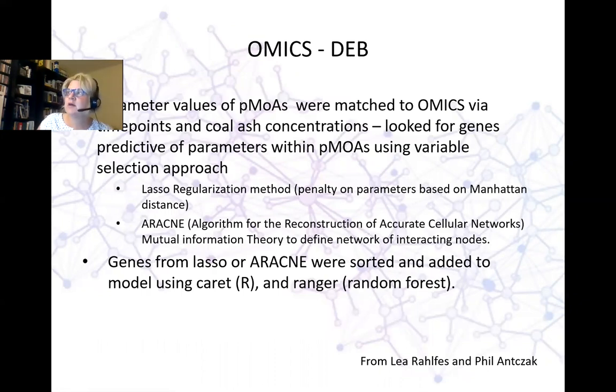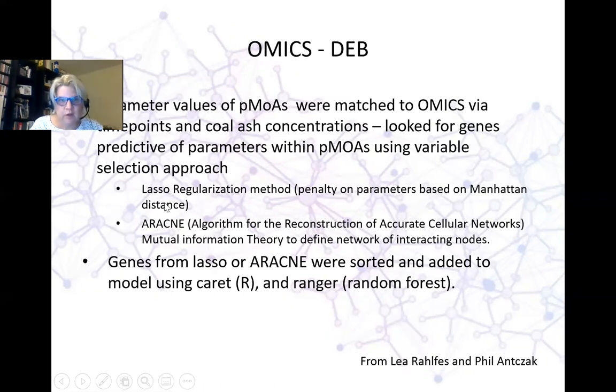Okay. So the omics to the DEB: we have the DEB model, and now we have the omics, and we have to link them. So the parameter values of the physiological modes of action will match to the omics through time points and coal ash concentrations. So we looked for genes that were predictive of parameters within these physiological modes of action using some variable selection